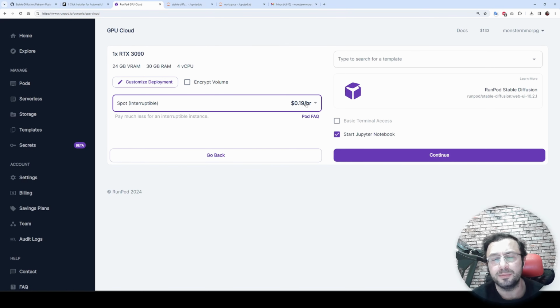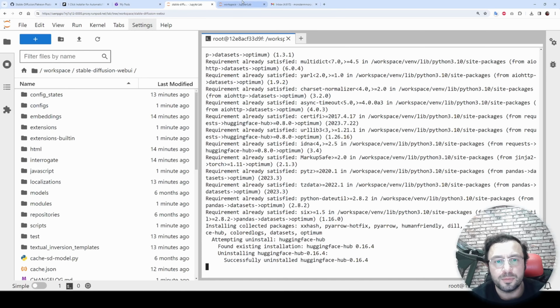This is ultra cheap. In this mode, if someone overbids you, let's say they selected on demand and there is no other available GPU, they will take away your GPU and you will be out of GPU on your pod. Your pod will continue working, however without GPU, so you will get errors if you are doing GPU dependent work. You will not lose any data unless you are processing some data and you have to save at that time or something. So this is another cheaper option.